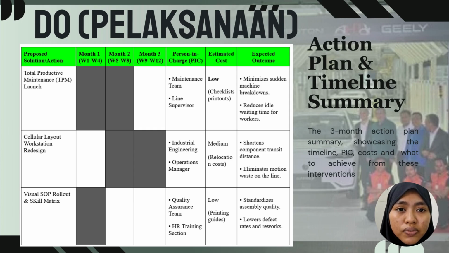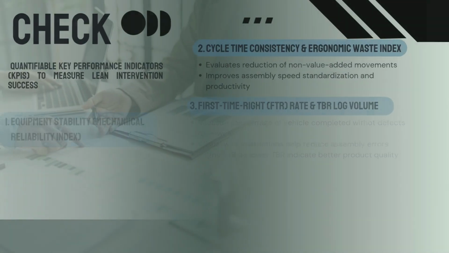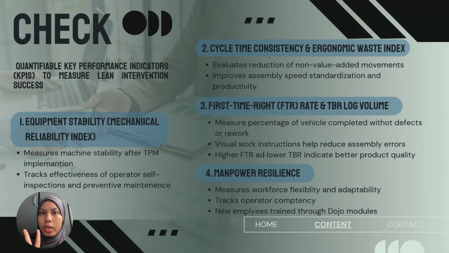This requires a cross-functional effort from the operational manager, QA team, and the HR training session. The cost is low for printing guides, and it will standardize assembly quality while lowering defect rates. In summary, this structured treatment timeline ensures that we implement this lean intervention systematically to achieve maximum operational impact with highly controlled costs. So in this slide, I will explain the 4 KPIs used to measure the success of the